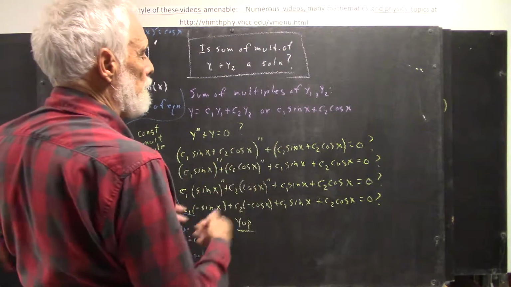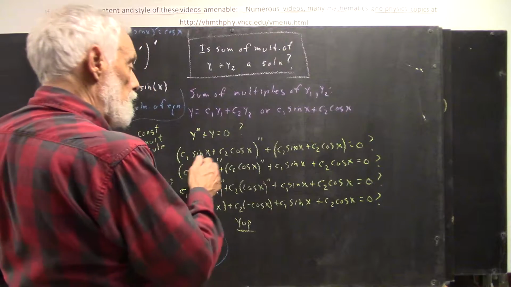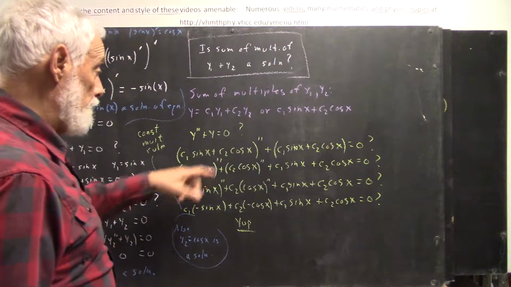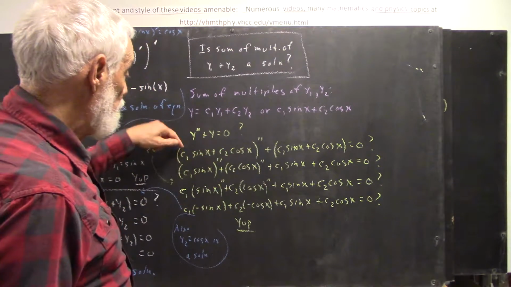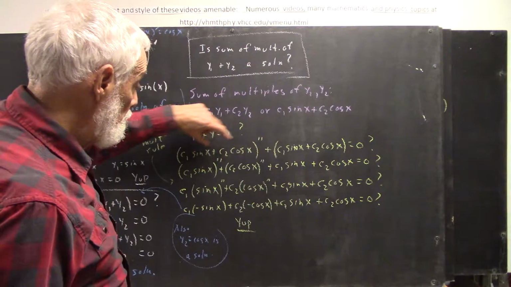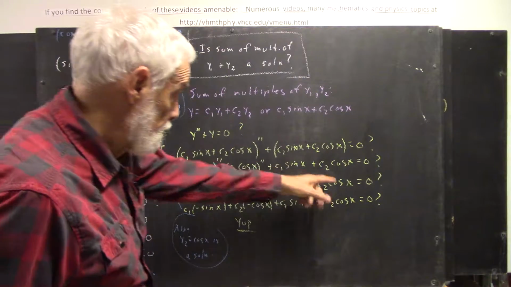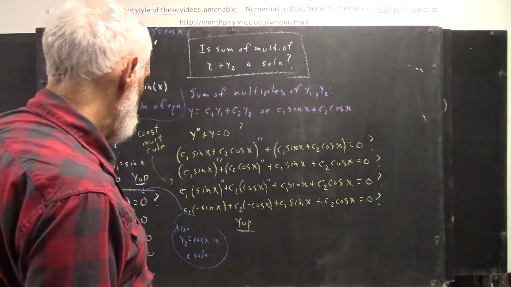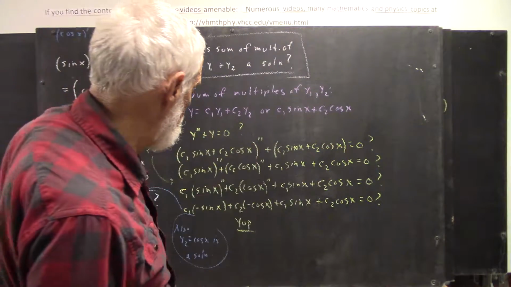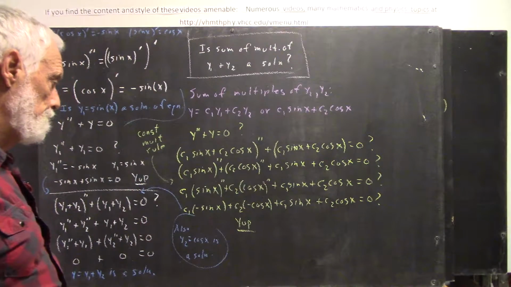the derivative operation does distribute over addition, so we can break this down and say that this is c1 sine x double prime plus c2 cosine x double prime, and the rest being the same. I removed the parentheses over here. Then